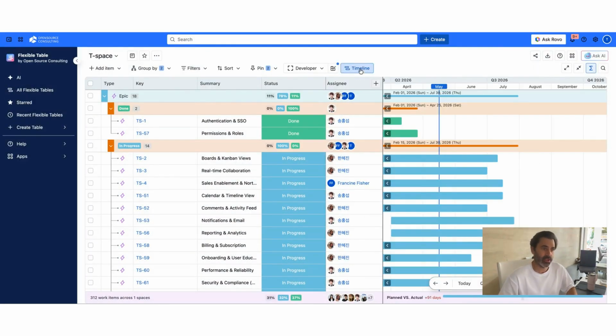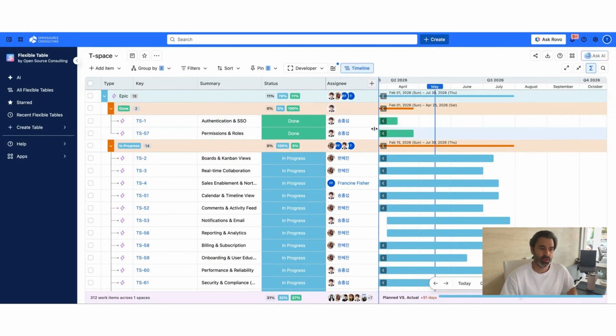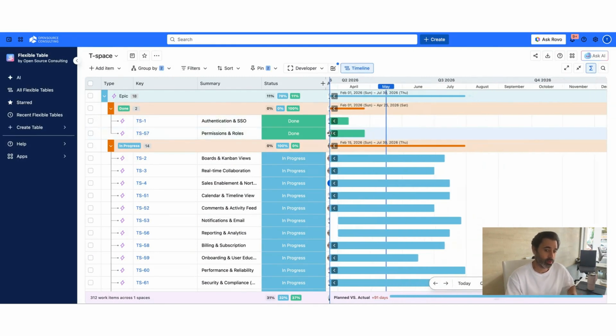And last but not least, here we have a timeline, which gives you the possibility of having all your custom fields in a table view, but also a deadline, which is fully operative, that allows you to move the different deadlines and even link one issue with another one directly from here.